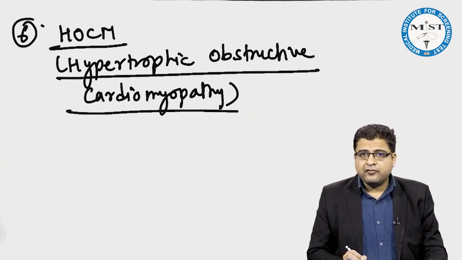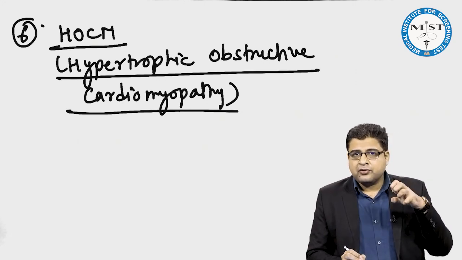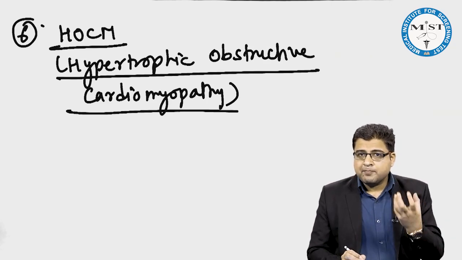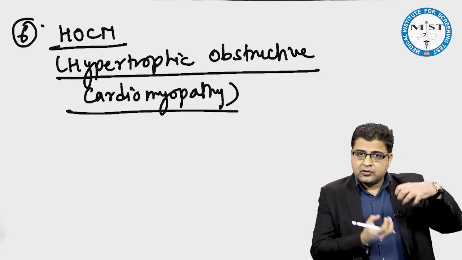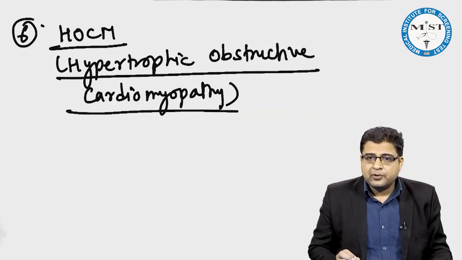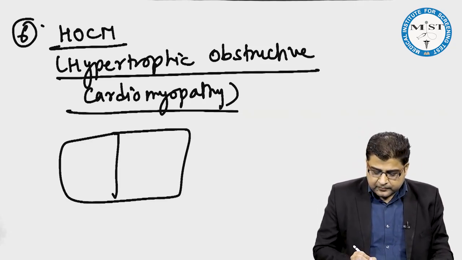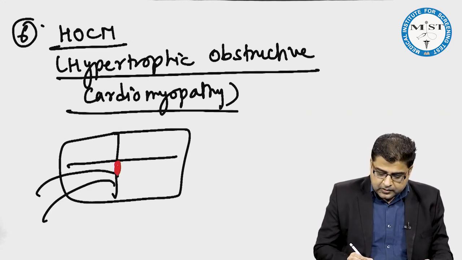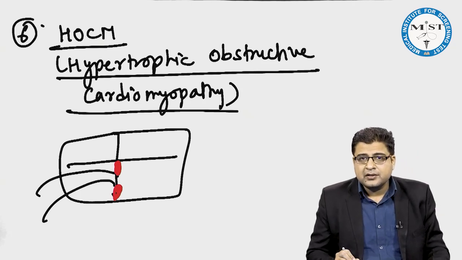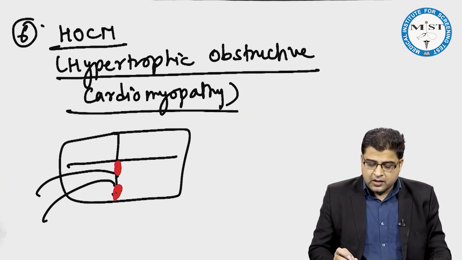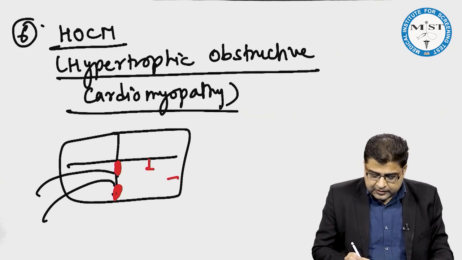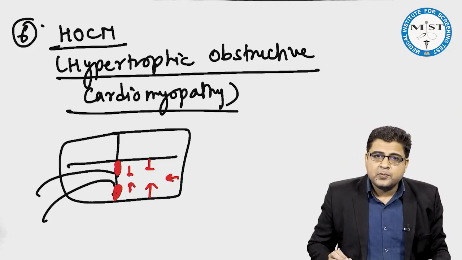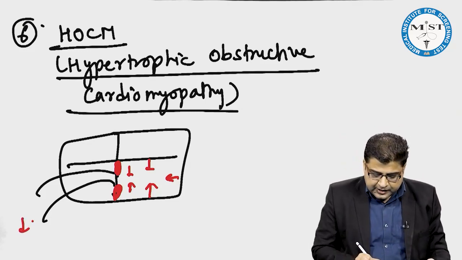And because of this hypertrophy at the base of aorta, whenever heart will contract, left ventricle will contract, volume of left ventricle will reduce. Now this hypertrophic part of this left ventricle can cause obstruction to the outflow of this aorta. Like this is heart, and we know that aorta starts from left ventricle. So at the base of aorta, muscles which are present at the base of aorta, these muscles are hypertrophied because of genetic reason. So whenever this left ventricle will contract during systole, this hypertrophic portion will come close to each other and can obstruct the flow of aorta and therefore reduce the cardiac output.